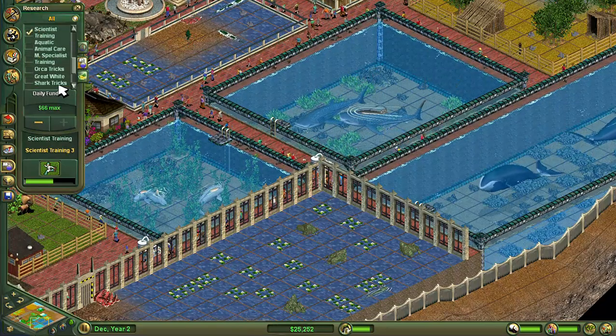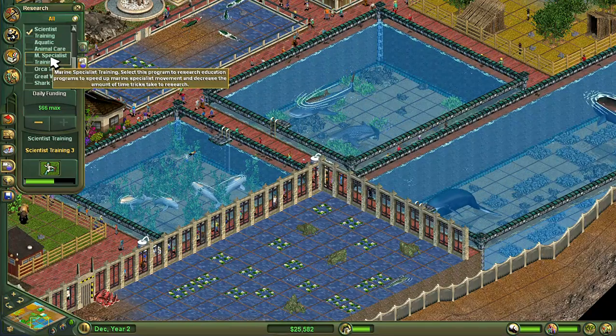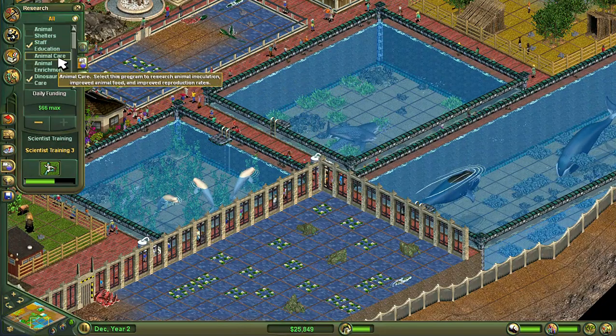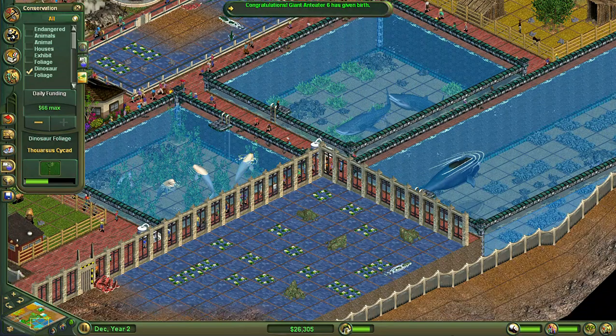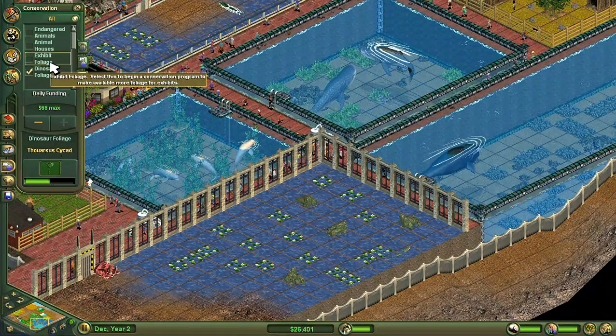I don't need tricks. Don't need aquatic animal care because it's done. Marine specialist training is useless now. T-Rex care is useless. Enrichment, animal care, animal shelters, they're all useless. Giant anteater has given birth. Nice. As for conservation,